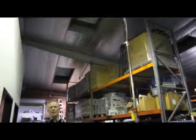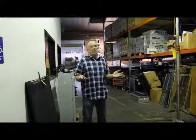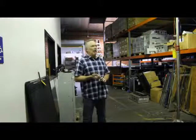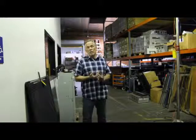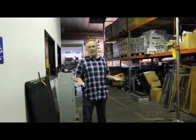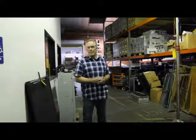This is the type of light, either a Mercury Vapor, sodium vapor, metal halide, one of those types of lighting you're going to find in most of the warehouses across the country. They've been using them for years. They put out a lot of light. Color temperature is horrible. Energy usage is terrible. The bulbs don't last very long. And really, at this stage of the game, there's not many good reasons to be still using a light like this, especially